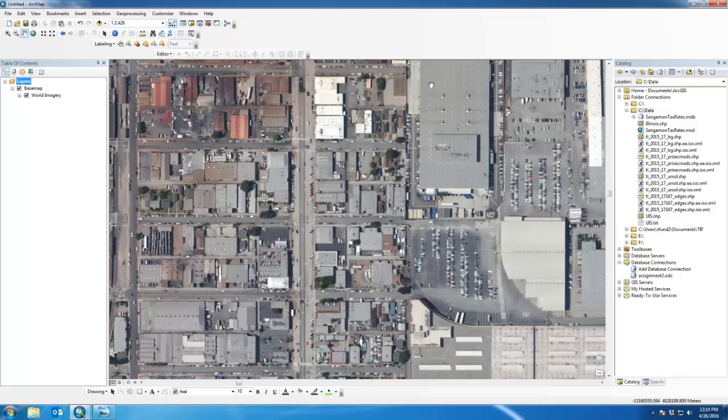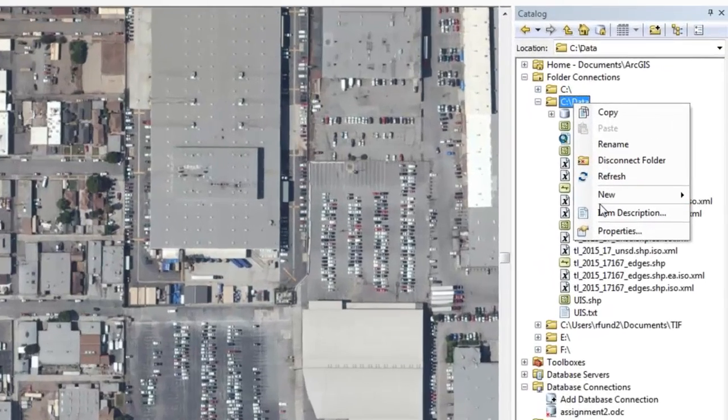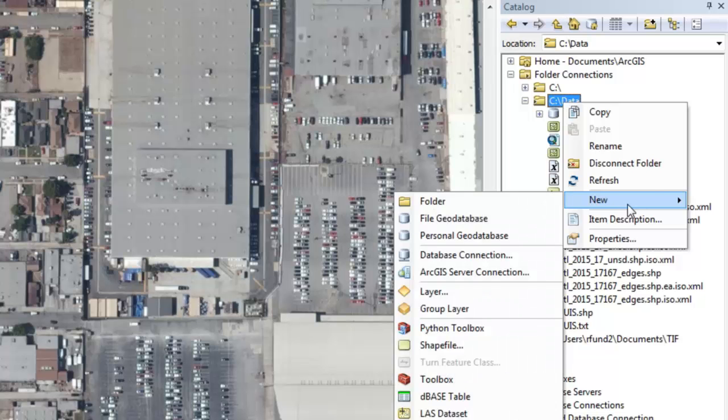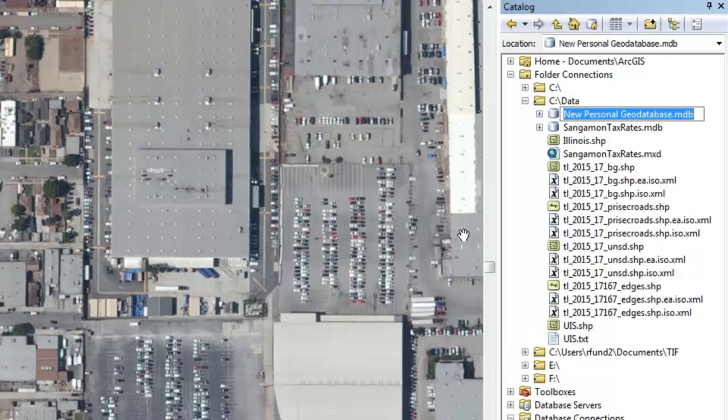So how do you go about drawing vector diagrams or vector features in a GIS? Well, first we need to create a geodatabase. So let's create it using the Microsoft Jet Engine, again the same jet engine that's used by Microsoft Access. I'll right click on this and choose New Personal Geodatabase. And I'm just going to name this personal geodatabase, let's call it Drawing,